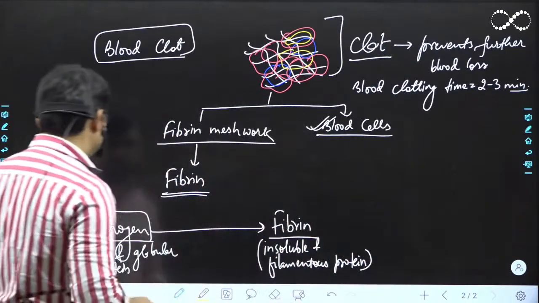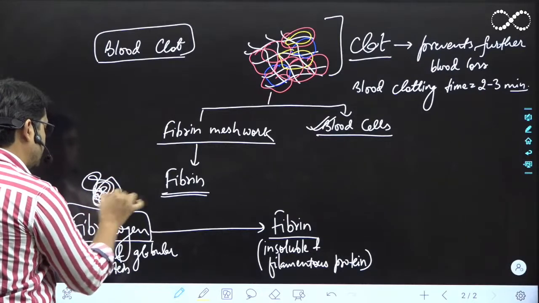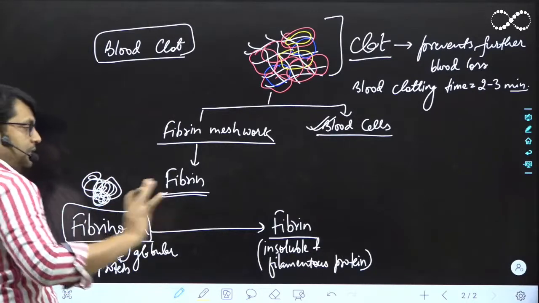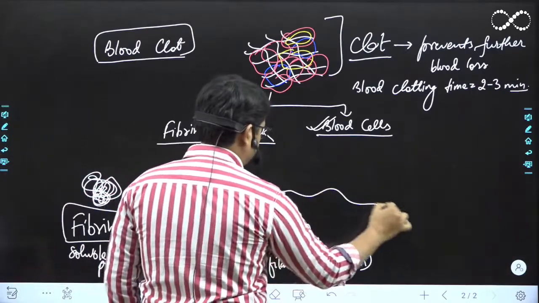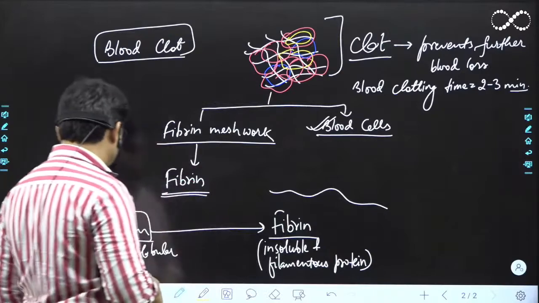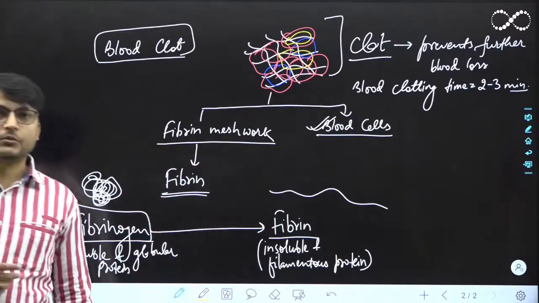समझ में आ रहा है? तो जहां फाइब्रिनोजेन कुछ ऐसा प्रोटीन था और ये सॉल्युबल था, मतलब पूरी तरह से प्लाज्मा में डिसॉल्व हो गया था, इट वाज नॉट विजिबल, द फाइब्रिन opens up and it forms something like this, got it? तो fibrinogen is converted into fibrine like strands, ठीक है?